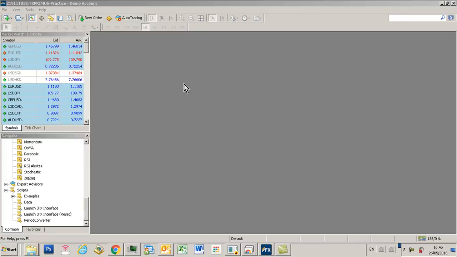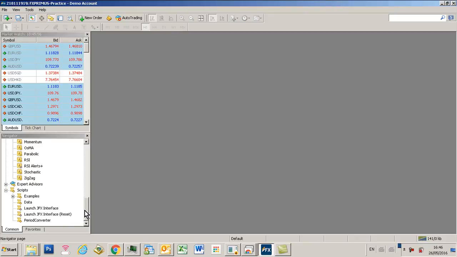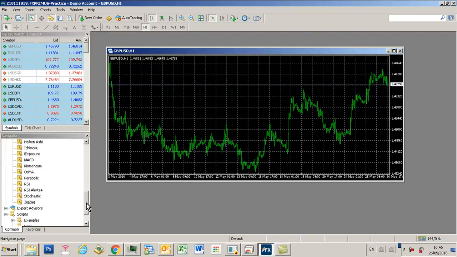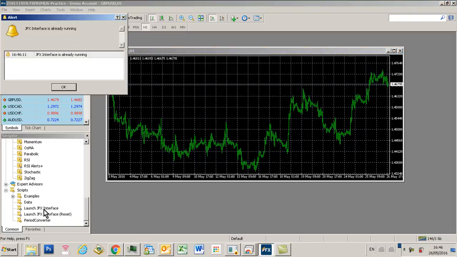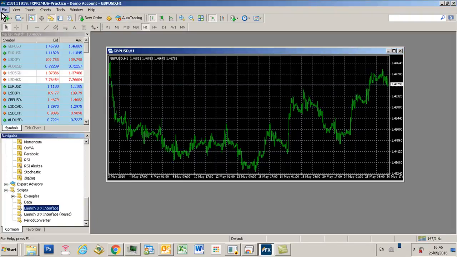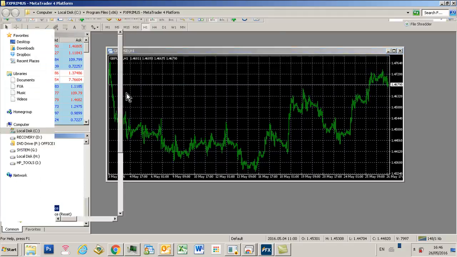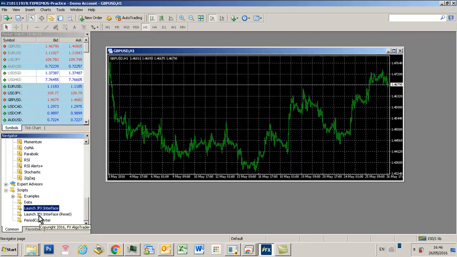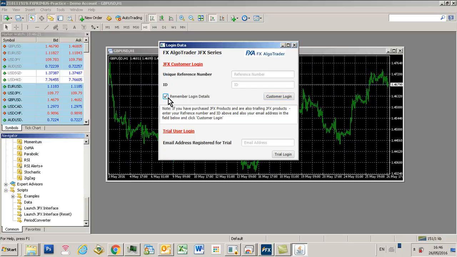This is a new demo account which I've installed the interface onto, and I've also installed the pivot systems as well. So I've got a new chart and I'm going to launch the GFX interface. If you get an error message saying it's already running, just go to your scripts folder and click the launch GFX interface reset script. Click remember login details, enter your details,